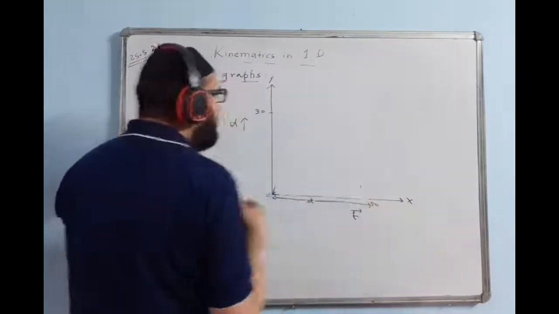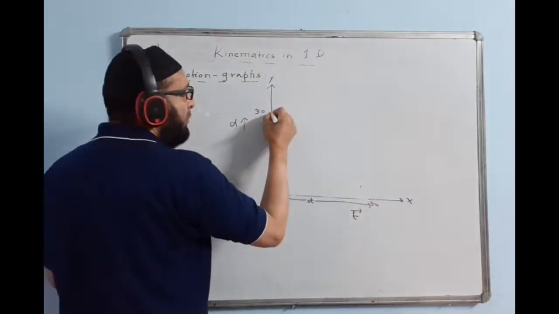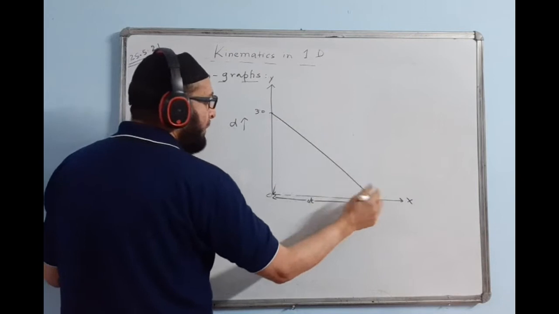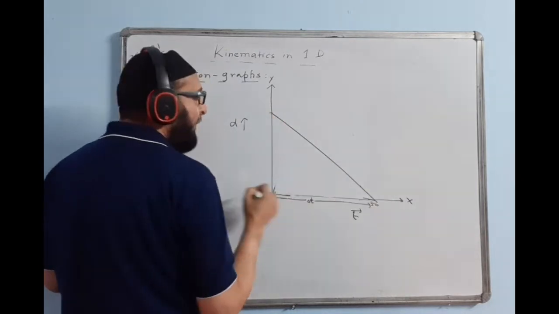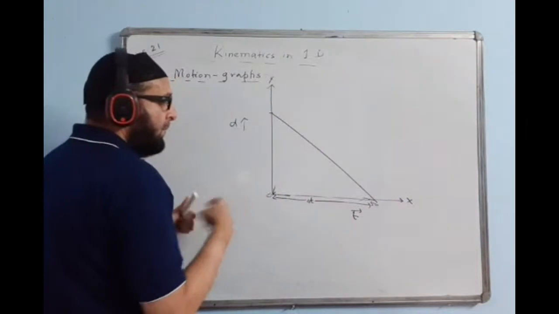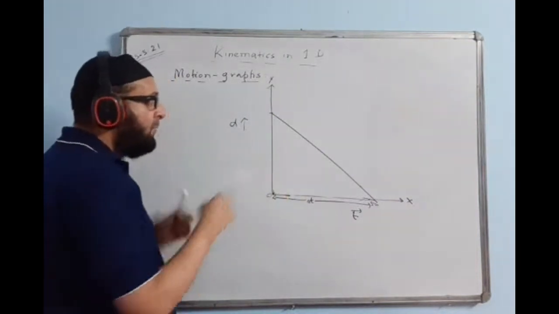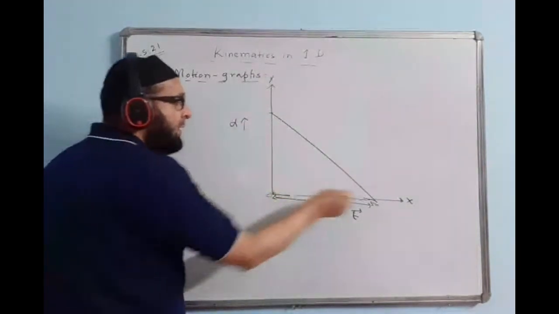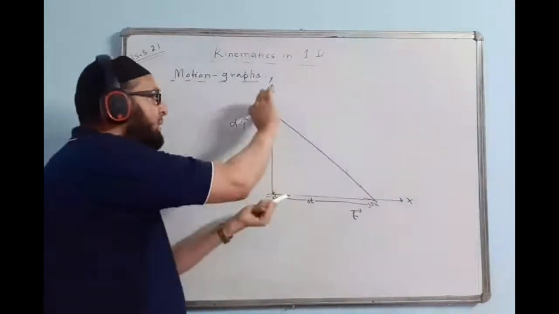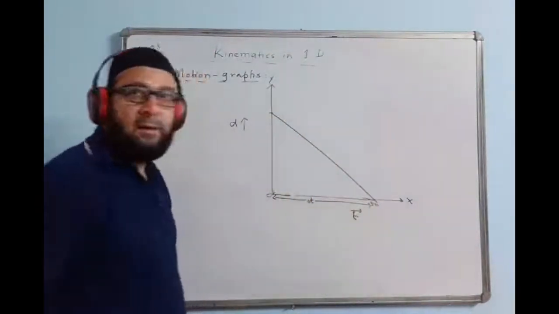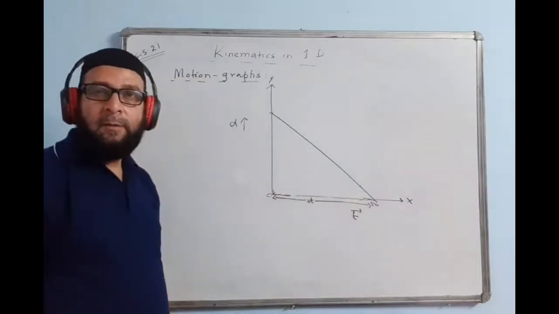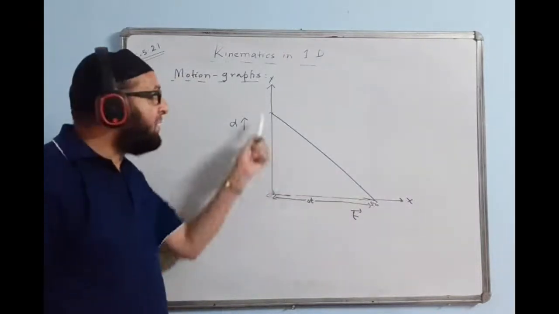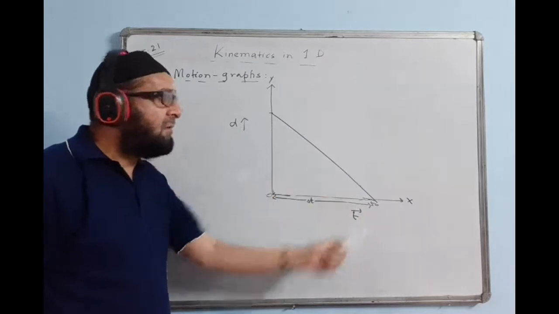Now, if a line is shown this way, to find the slope, we'll again do this one. This divided by this, changing the value of this divided by changing the value of this. But this line will have a negative slope because this is retarding, this is decreasing, so this will have a negative slope.